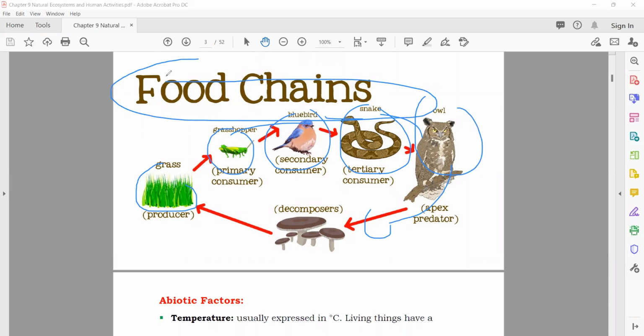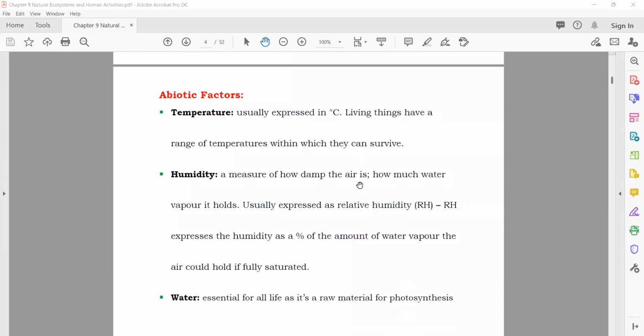When you link the producer, primary consumer, secondary consumer, and tertiary consumer, or the top consumer, it is known as the food chain. After that, abiotic factors, the factors where we talk about the non-living things, they are temperature,